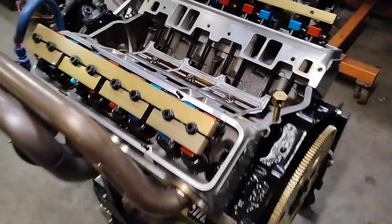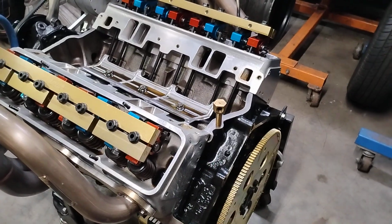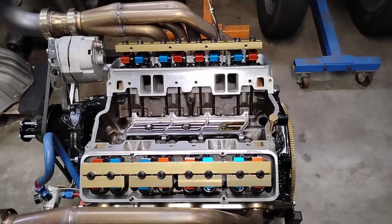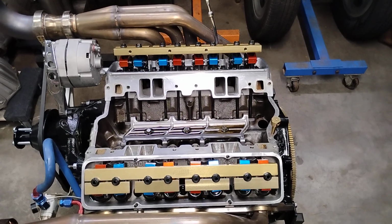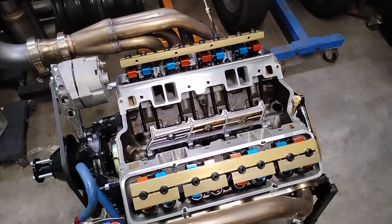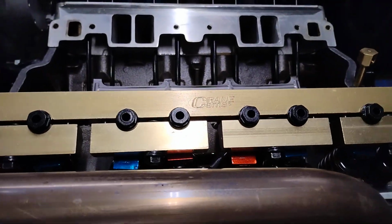So after you get one of these things running, you run it for a while. It's got a couple hours of run time on it. Pretty well long enough to establish wear patterns. And if anything's gonna go haywire, it'll usually happen pretty quick. So you get some run time on it, get everything good and seated, and you start